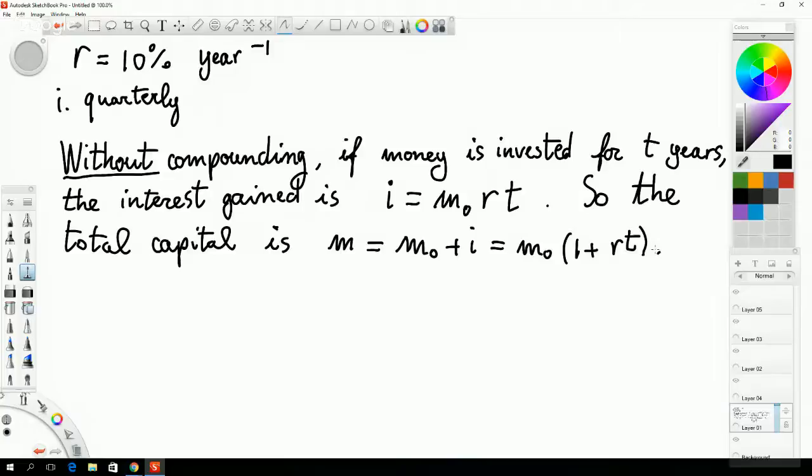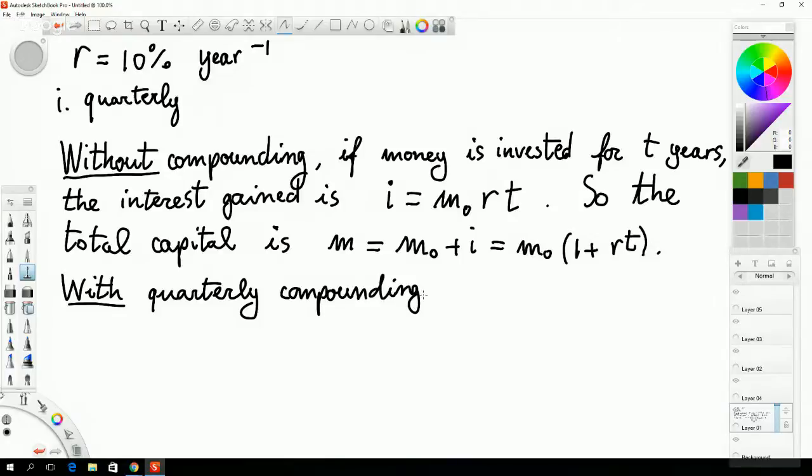And what does compounding mean? So with compounding, let's do quarterly compounding. What does it mean? You let the interest grow for a quarter of a year. It means that t in the expression I had above is equal to 1/4 of a year, but t is a dimensionless number, so I'm not going to write years. So that's 0.25. And at that point you stop. So after a quarter of a year, you stop and calculate, let's say, m1.